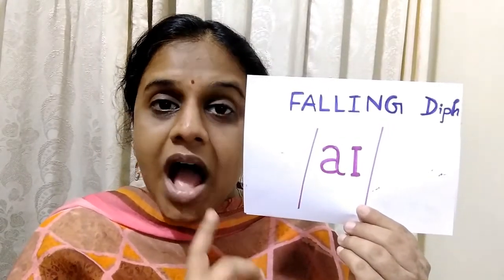Take the case E-Y-E, I. When I say A, it is having a high pitch or a high volume and a better vowel quality or prominence. And when the tongue glides towards the second vowel position, it's rather feeble or less prominent. Therefore, the pitch of the vowel or the vowel quality shifts from high to low. So therefore the name falling diphthong or descending diphthong. Is that clear to you?